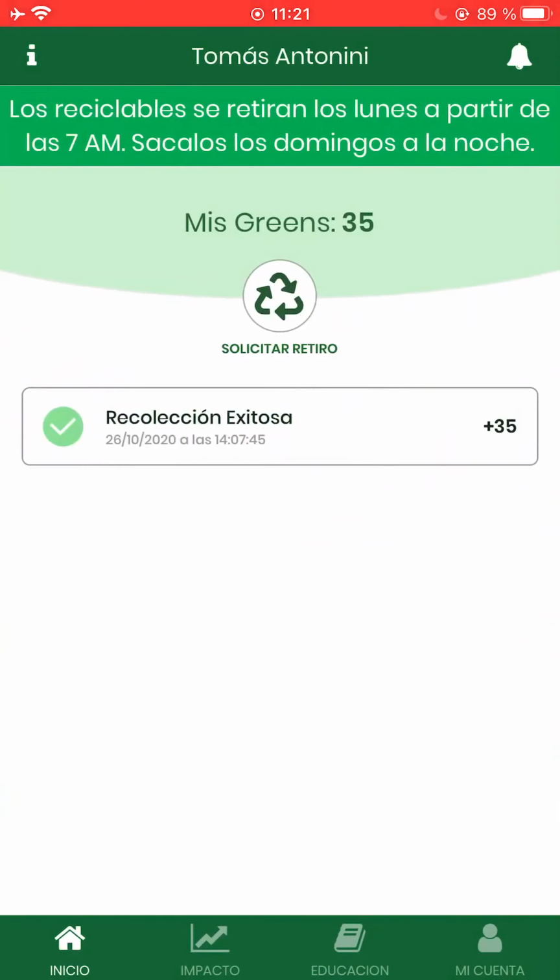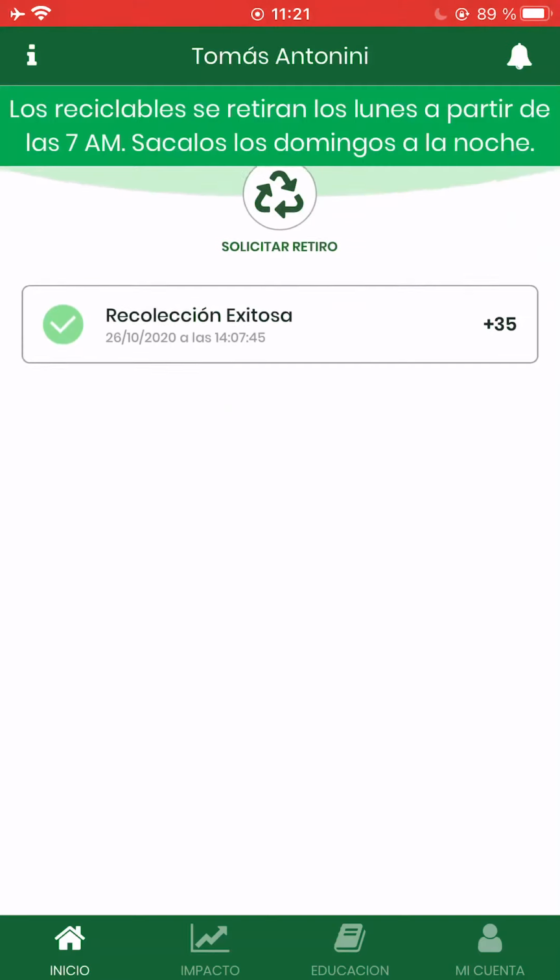The first thing you see is a banner with a schedule assigned to my zone. It was automatically assigned to my account when I signed up and had to enter my address. There's also an environmental score, which we use to give prizes from our sponsors like Coca-Cola to our users that recycle the most. And the main button is used to call the waste hauler, and under it is a history